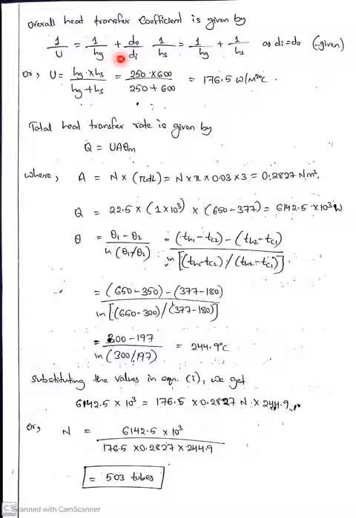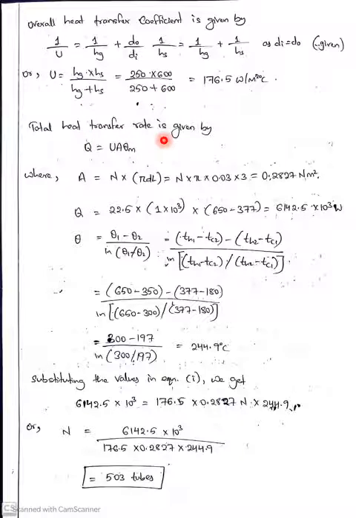What is this equation with respect to the heat transfer coefficient? As we know, he has given the dimensions of the tube, and he is asking to neglect the resistance. So consider the steam side. This is the formula. In the question he has not mentioned the inlet and outlet diameters, just the diameter, so we will consider both diameters equal. This is the general equation. Just substitute and we will get the value of U.